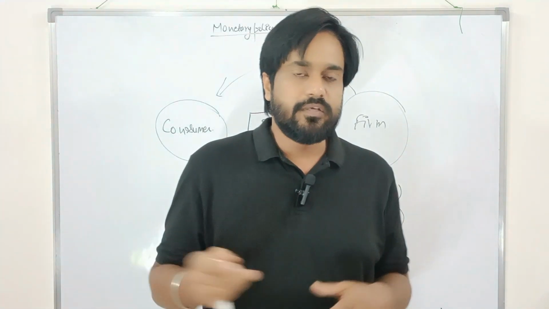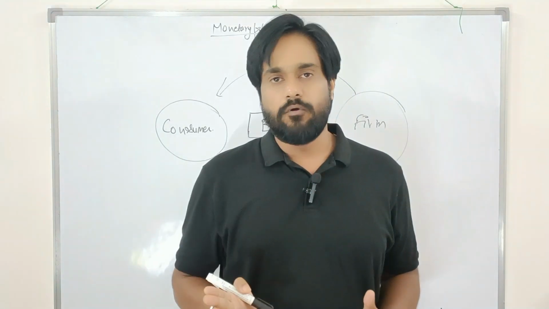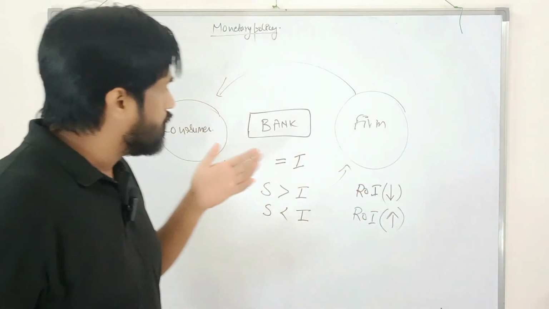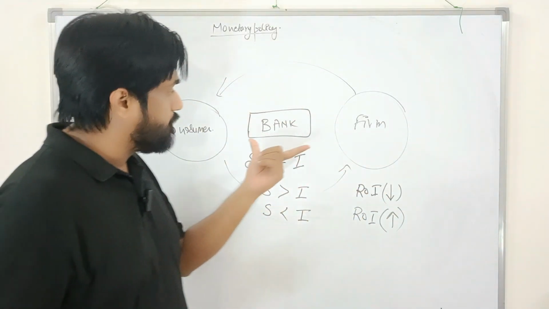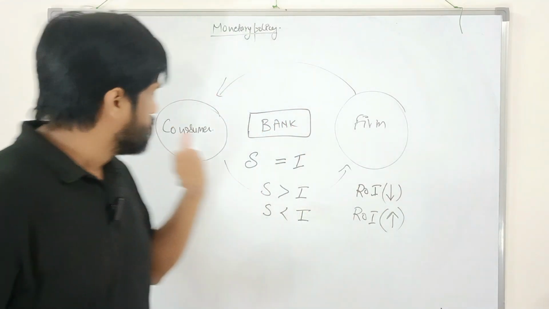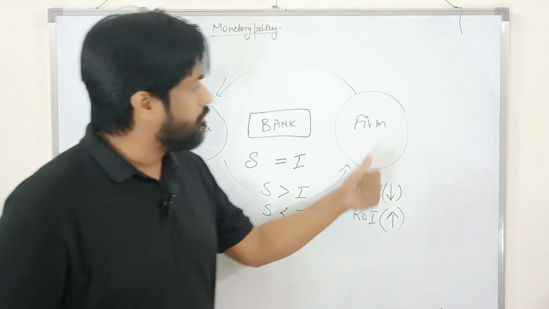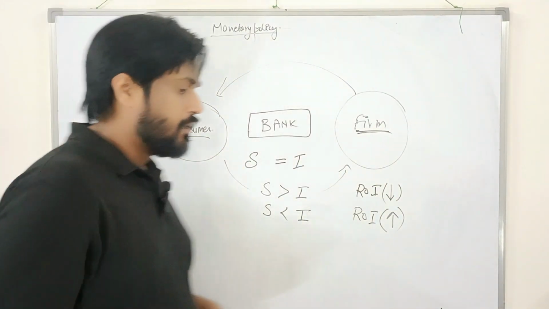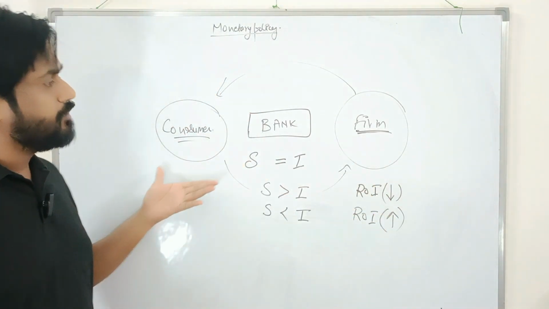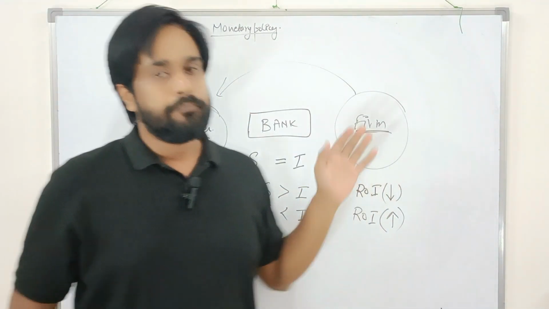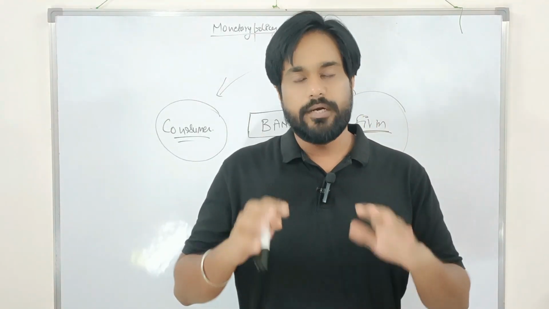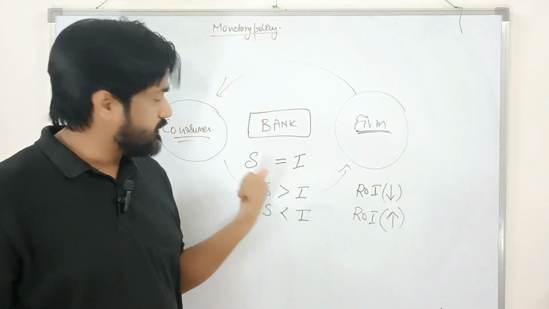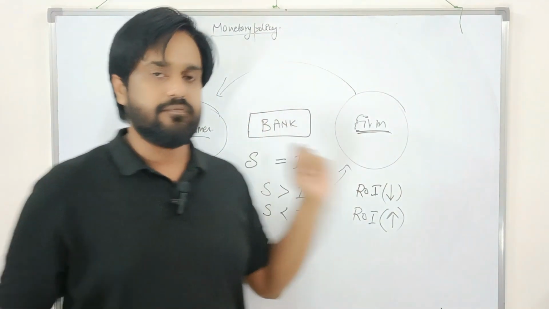I will explain each and every topic as in my earlier video, in which I told you about the circular flow of income, how money circulates in the economy. So let's have a look at a small diagram in which there is a bank, which controls the economy. This is the consumer and this is the producer, or we can say firm. Obviously the consumer will demand, and the producer will supply that product. But monetary policy works on two terms, saving and investment. S denotes saving and I denotes investment.